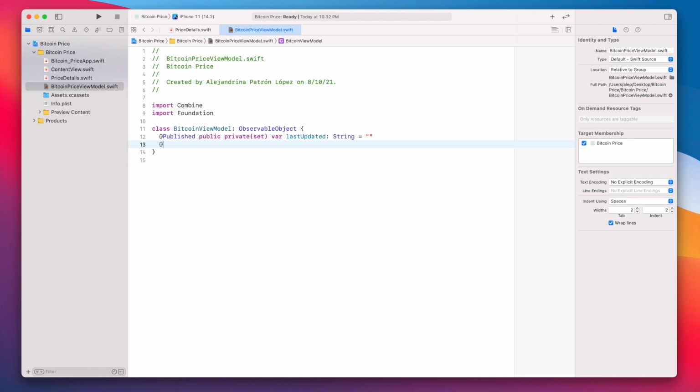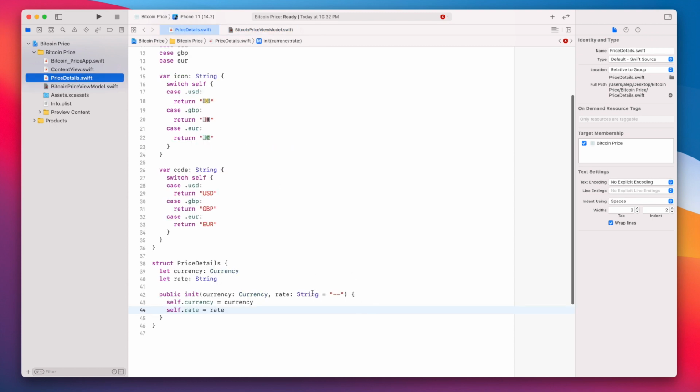Then we're going to add another published property, and again, public private(set) var priceDetails, and this will actually be an array of PriceDetails objects. And initially what we're going to do is initialize a list which contains the price details for the three currencies that our app supports. But like I mentioned earlier, the default value of the rate or the price will just be this string with two dashes. And that's the string that we will show before we actually get the actual